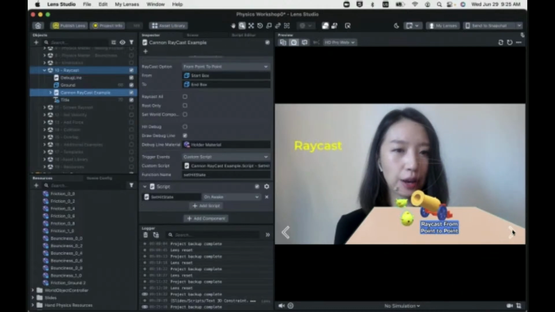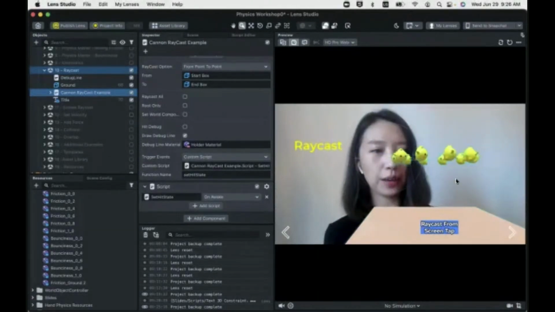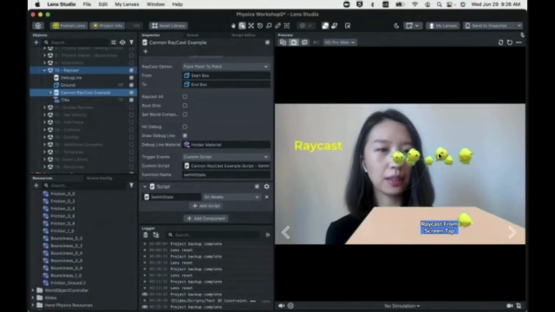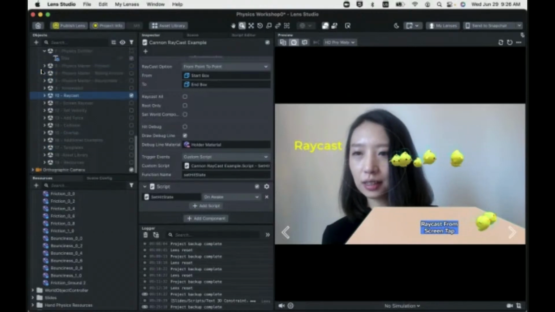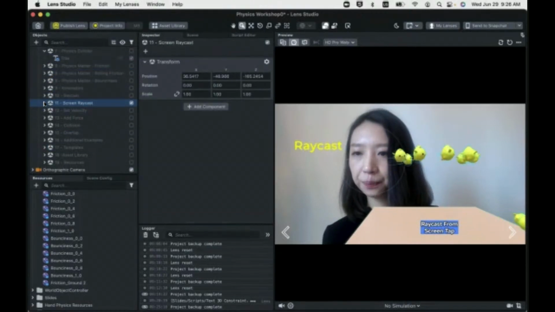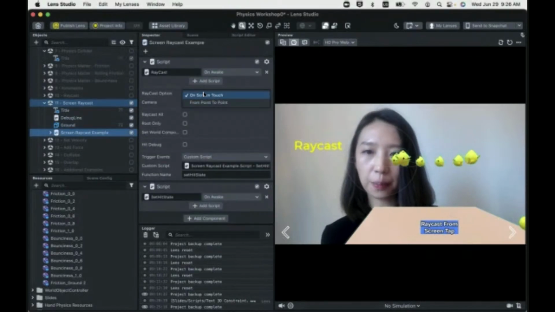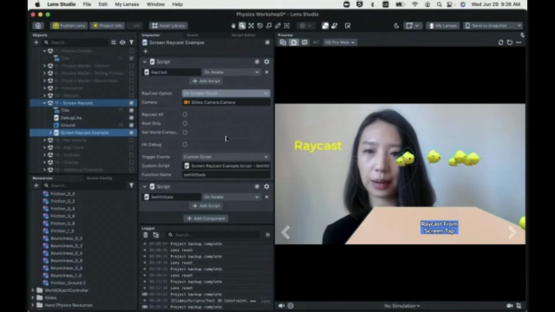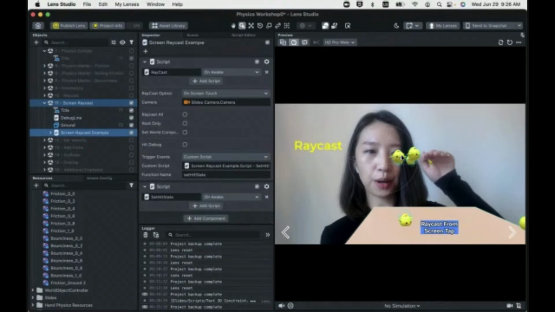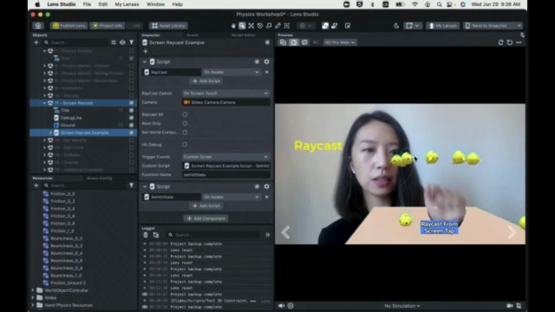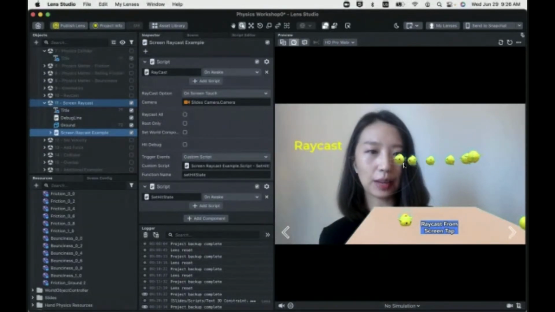And besides that, we also have another one here. You can actually tap on the screen to kill the bird again, and it's triggered with exactly the same script, but with different settings. Here, instead of using the from point to point, we'll actually use the on-screen touch and assign the right camera. Then you can raycast it to click on the bird and project this ray from my touch point to the bird. So once you catch this hit event, you can then trigger different hit state for